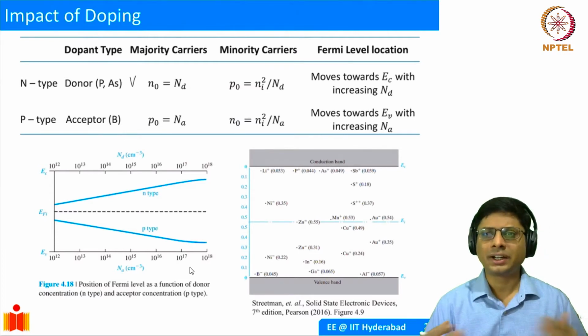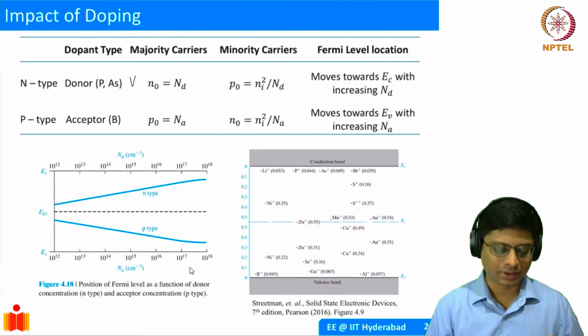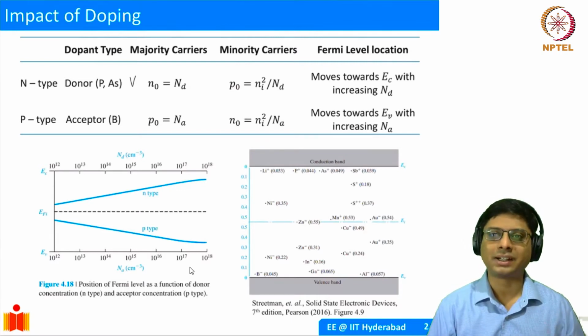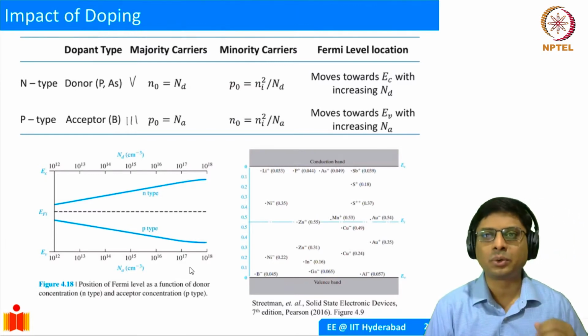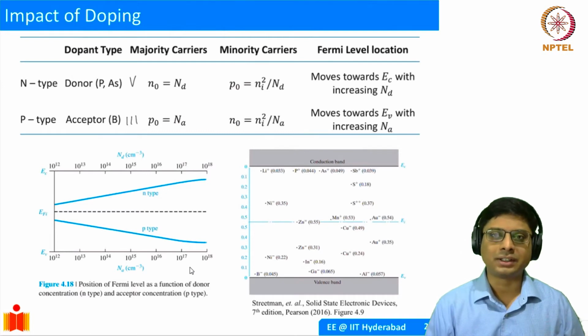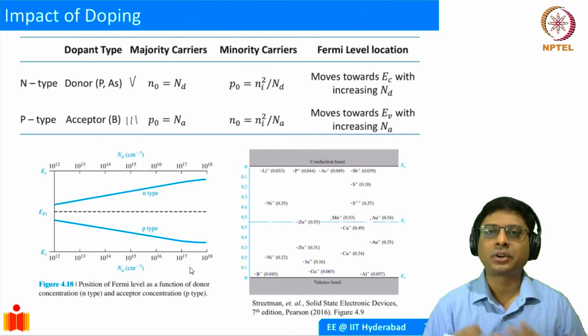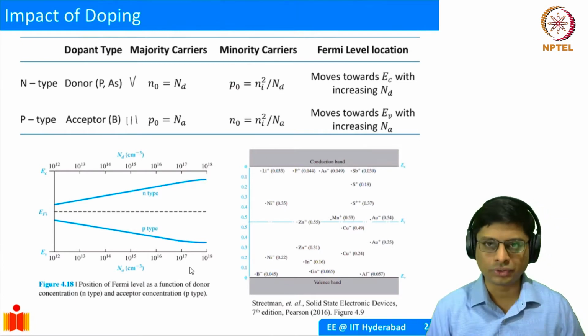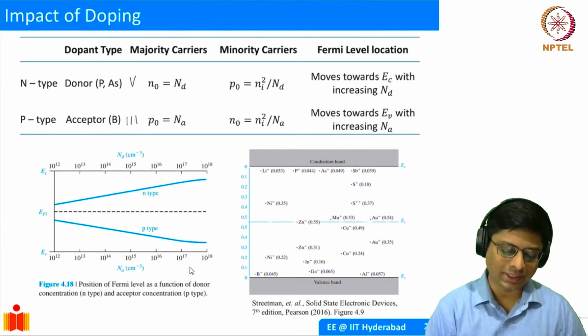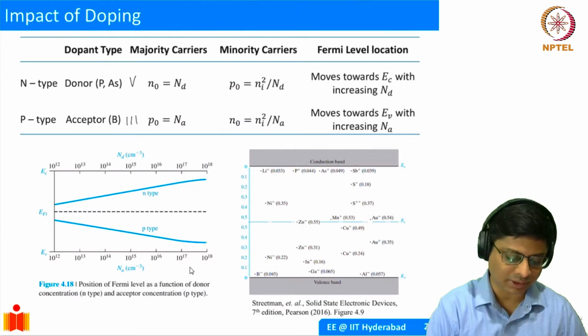Analogously, we also looked at P-type semiconductors, wherein if you, let's say, put boron into the lattice, it is a group 3 element, and so it requires one more electron so that it can form 8 covalent bonds, sharing 8 electrons with the neighboring silicon atoms. Because of that, it will accept an electron from the silicon lattice and become negatively charged, okay? And it creates a hole in the process. So in P-type semiconductors, the majority carriers are the holes and the minority carriers are the electrons. This is exactly the reverse of what it was in the N-type semiconductor.